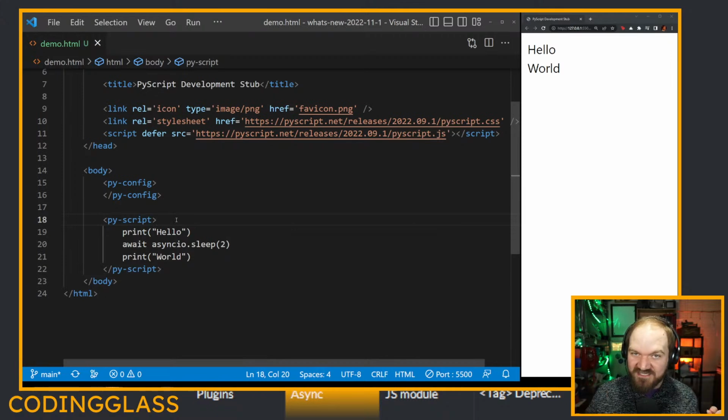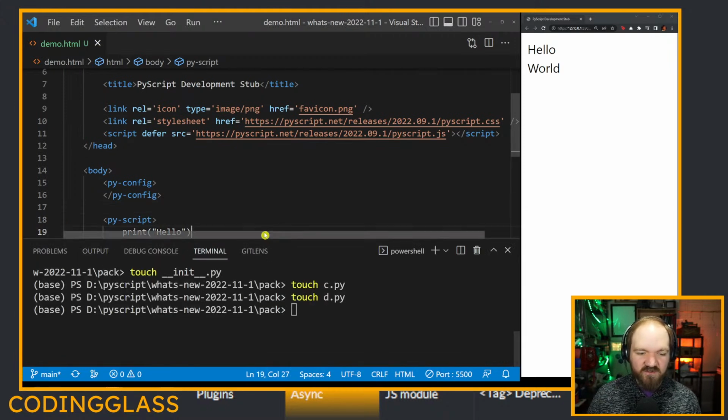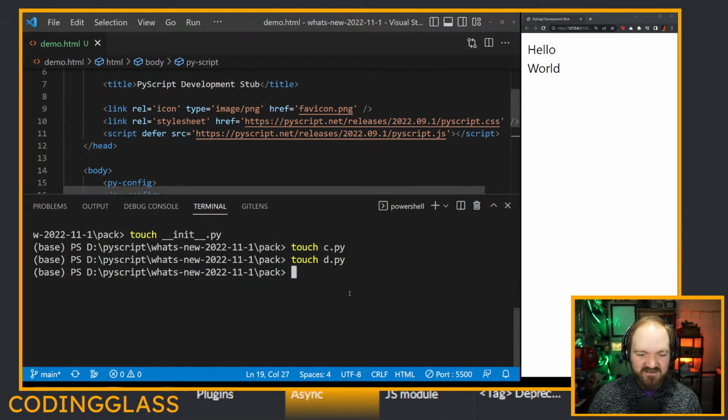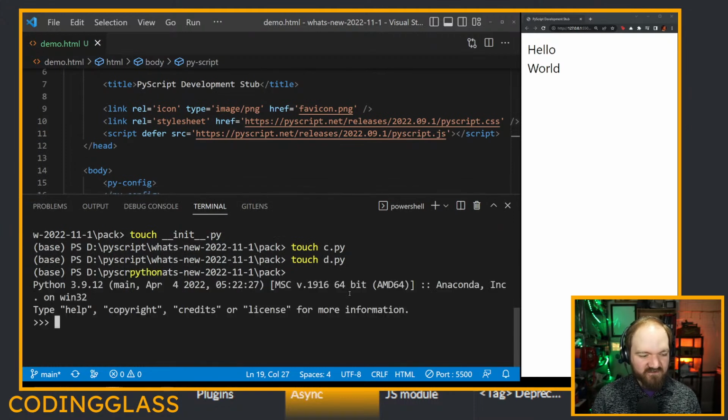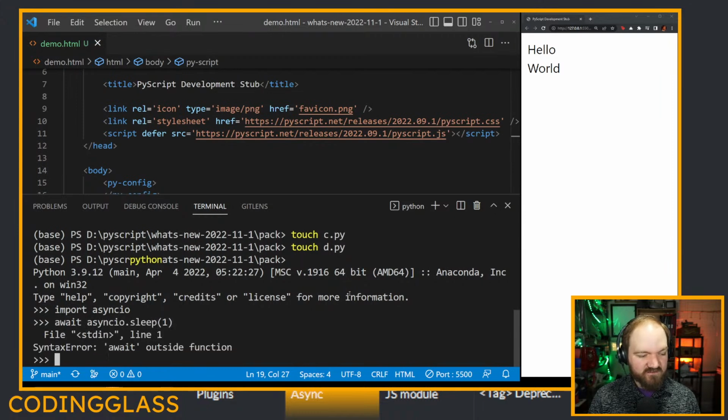Long story short, it is no longer possible, but it's here for a very good reason. If you've ever tried to enter code like this in your terminal, say import asyncio, and then await asyncio.sleep(1), "await outside function" is the first error. We're not allowed to have an await statement outside of a coroutine, outside of an async def statement, but